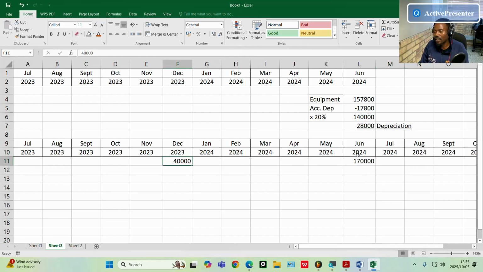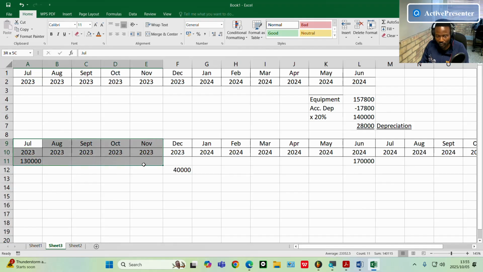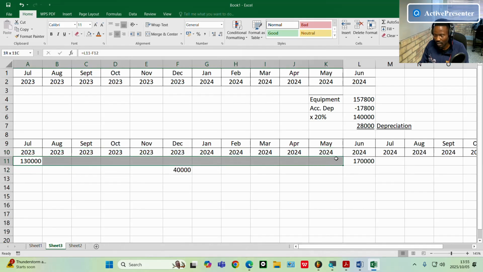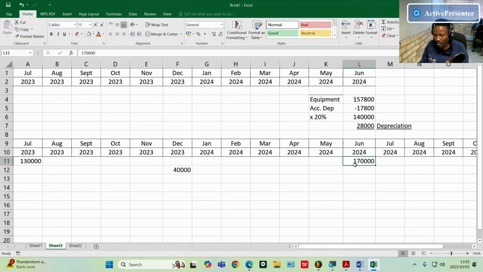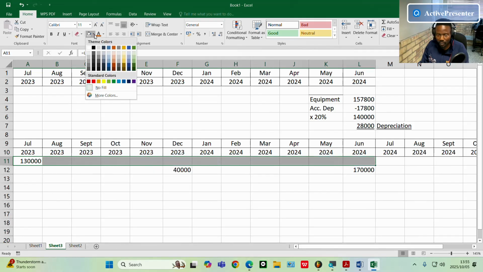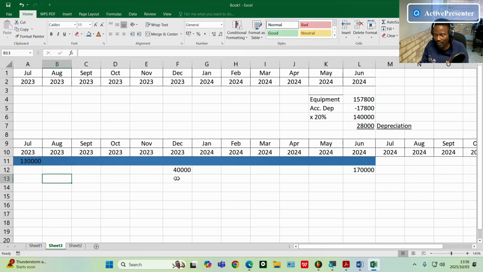That's what I think. So it means this 170,000 includes the 40,000. So to get the amount in the beginning, you must take the amount at the end minus the addition. So it means when we opened the year, okay, let me just push this one down a little bit. It means when you open the year, the vehicle was, okay, there are two ways of calculating this. Number one, we can say this 130,000 was present for 12 months. So we can say this was present for 12 months, meaning it was there till June, which is month number 12, this 130,000. And this 40,000